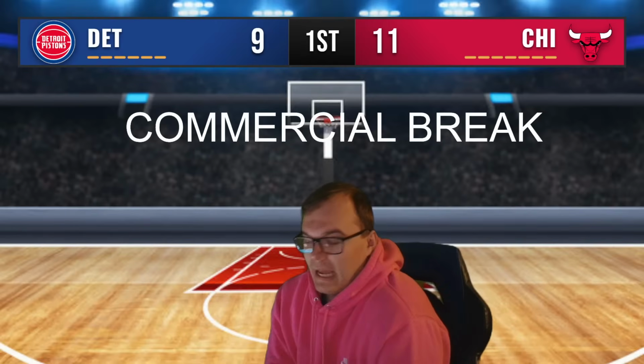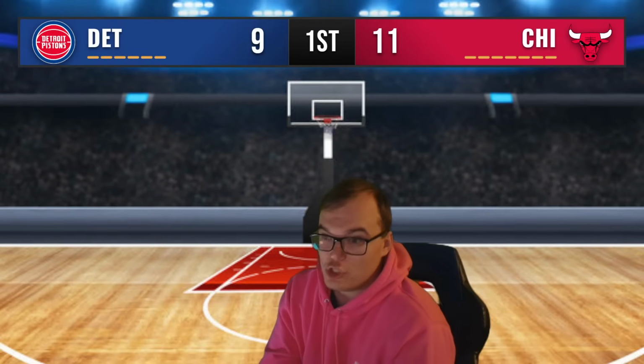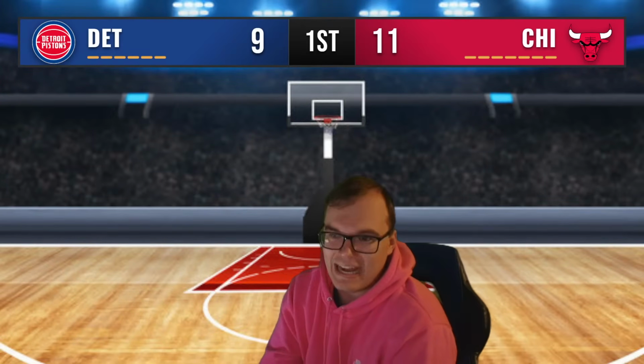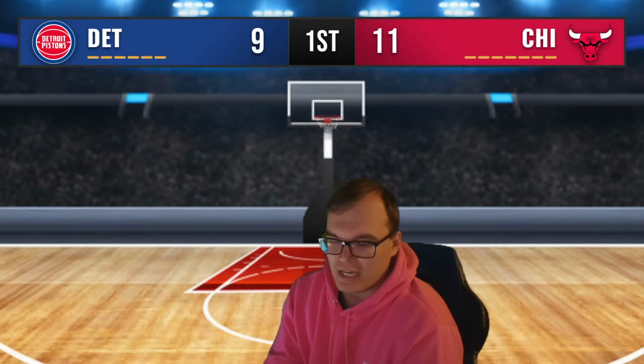So Cade coming off a remarkable performance against the Knicks, 42 points, 13 assists, and 8 rebounds at the Garden. MVP-type game for Mr. Cade Cunningham. I was actually looking at the MVP odds right now. So SGA is leading the way. He's the front runner. Then you got Jokic right behind SGA, and then Cade's currently third best odds to win MVP this year. And the crazy part is if Jokic misses I think it's 1 or 2 more games, he's ineligible to win the MVP, because I guess you have to have so many games played for it to count.